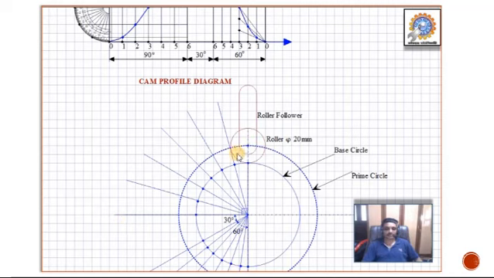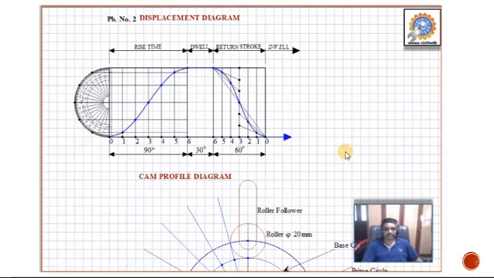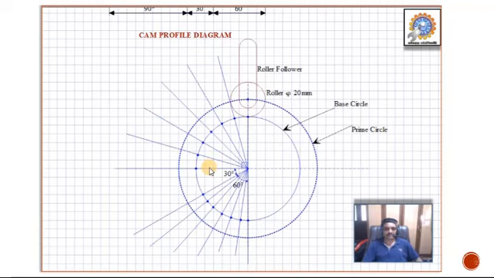After having all these things, initially over the base circle, draw the x-axis as well as the y-axis. From the y-axis where the roller is set, first mark 90 degrees, that is the rise time. After marking the 90 degree rise time, mark respectively a 30 degree dwell period and a return stroke of 60 degrees, and the remaining entire time will be dwell. Then, taking the point exactly 10 mm from the 30 mm base circle, draw one dotted circle. That dotted circle indicates the prime circle. So all your roller positions must come over this dotted circle.